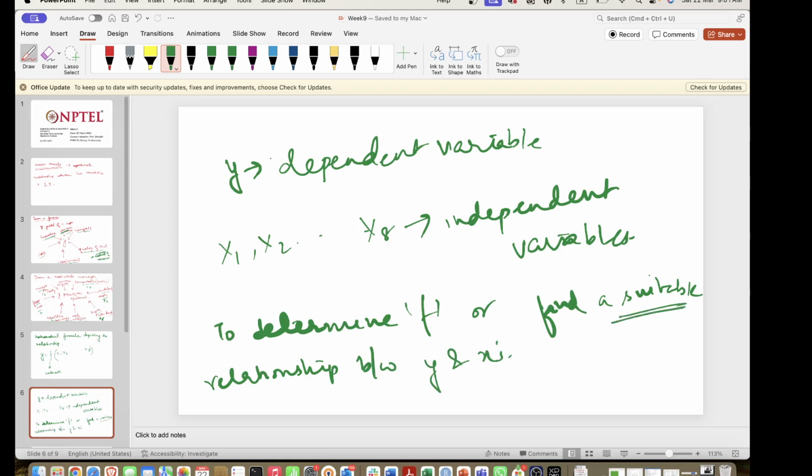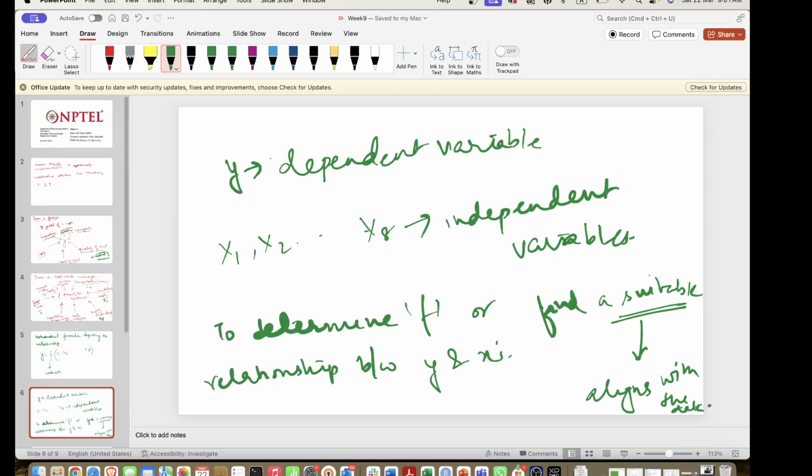So what do I mean by suitable? I mean to say one which aligns with the data, the observed data. Okay, so based on the observed data,